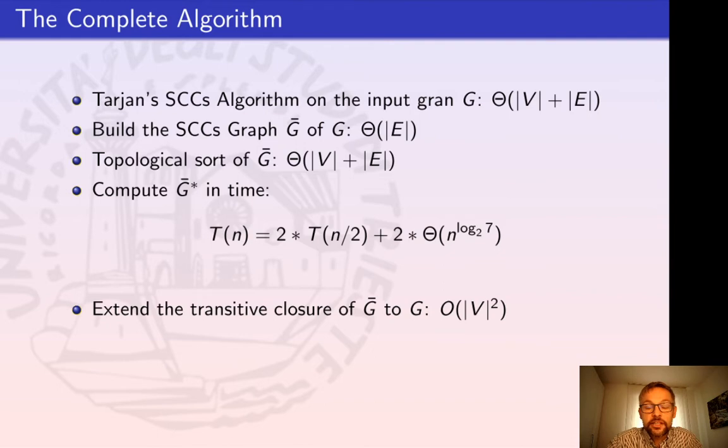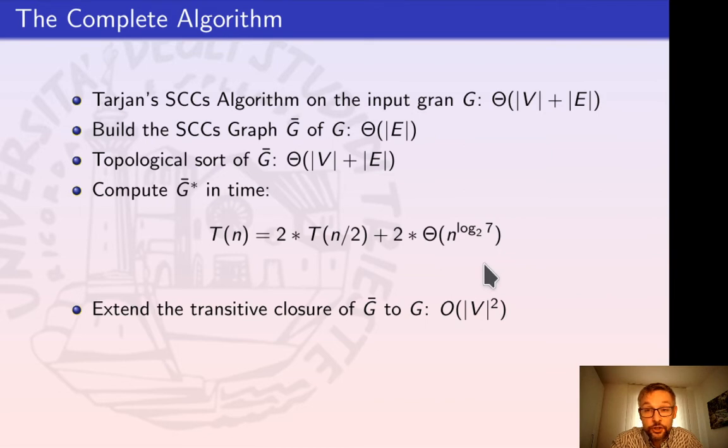Okay, it's not really needed to repeat this step. So right now we have a complexity which is theta of cardinality of V plus E. Now we need to compute the G bar star, which is the infinite product of the adjacency matrix of the collapsed graph. So this can be done in time